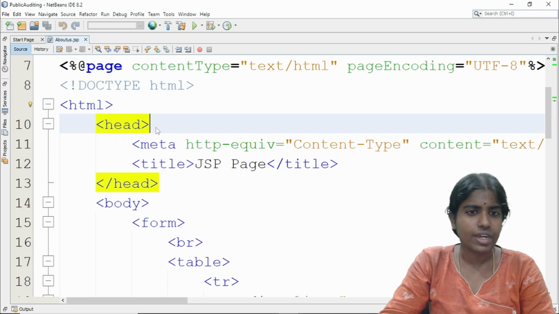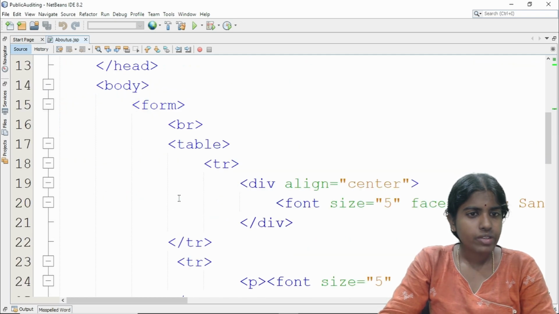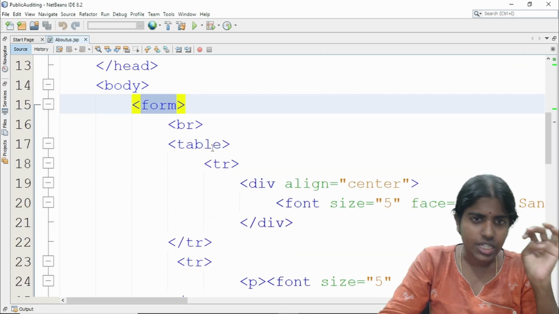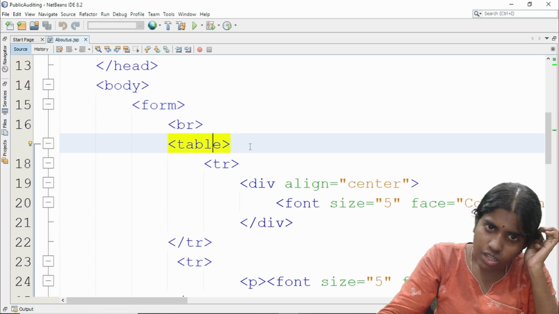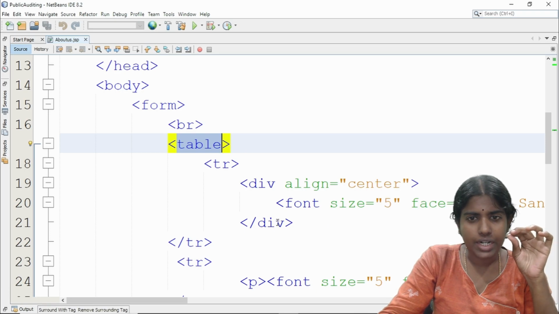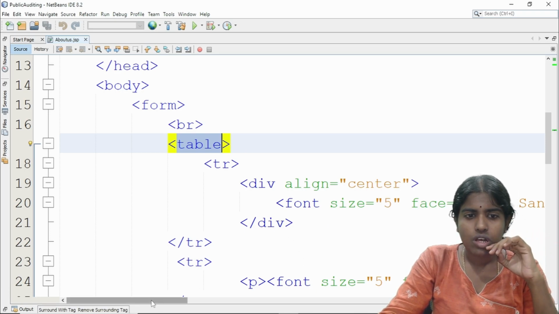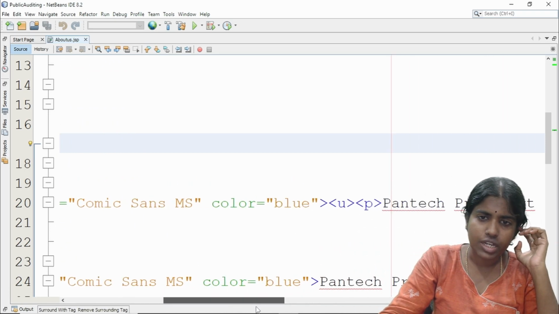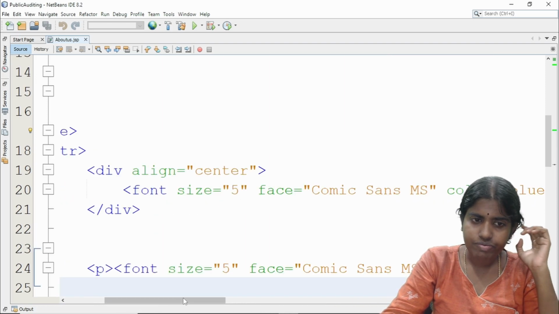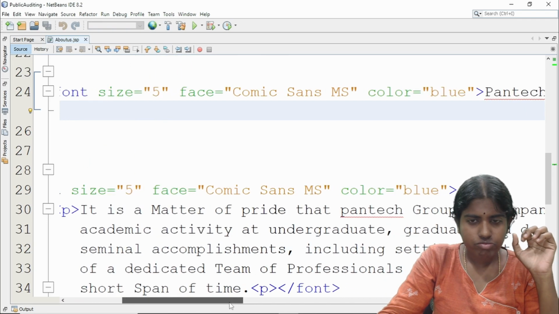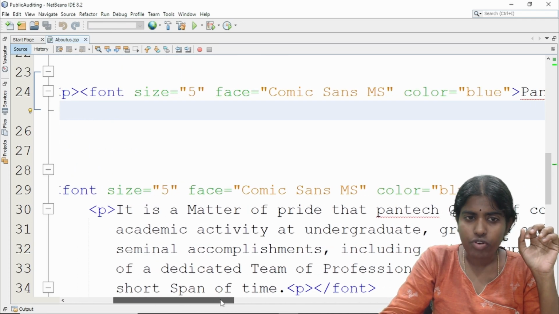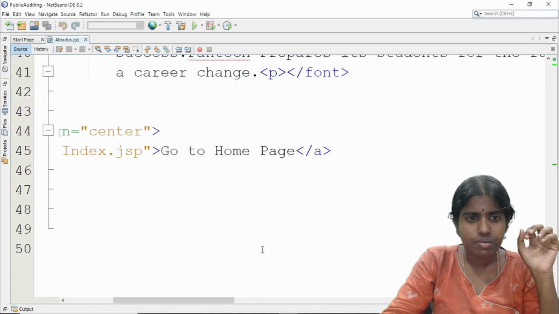Inside this, I can go for head tag, and then I'm coming inside the body section. I'm just going for the font tag. So I'm just going for this table tag. So TR tag, for example, font size equal to, face equal to, color. So for example, font size, whatever is the font size.